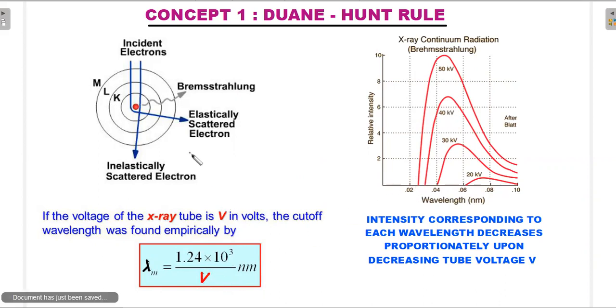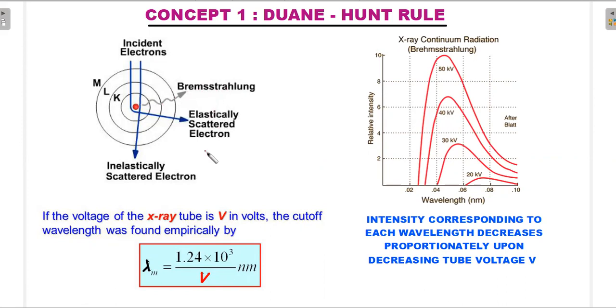Okay, so a basic simple concept is that the electrons which are coming and hitting the metal target are going to get slowed down, or brakes will be applied on them, and because of that they'll lose energy, and that lost energy is released in the form of radiation. That radiation is going to be a continuous spectrum. Now we will have another video in which I'll explain in detail the theoretical aspect of why this radiation comes out.